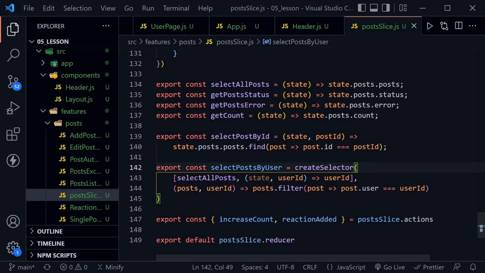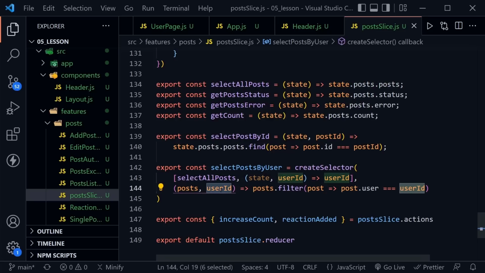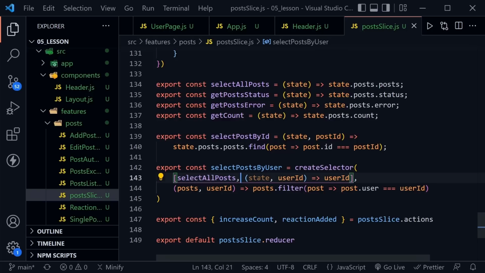createSelector accepts one or more input functions, and notice they're inside of brackets like an array. That should be your first clue that these are dependencies. Actually, the values returned from these functions are the dependencies, and they provide the input parameters for the output function of our memoized selector. So if the selectAllPosts value changes, or this anonymous function, which is taking state